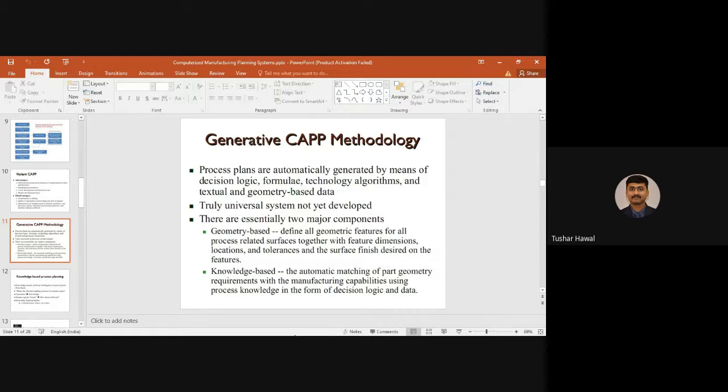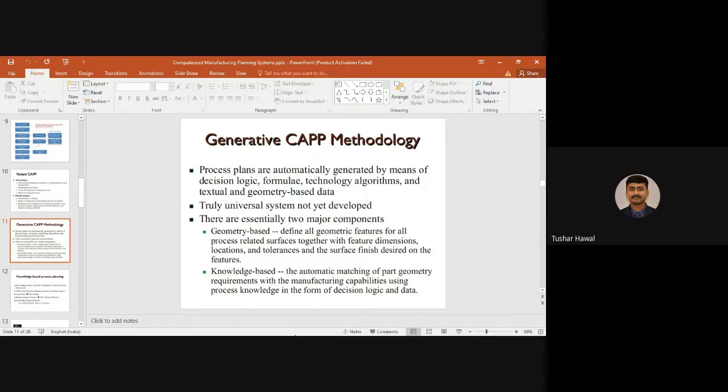So this is the first component. And the knowledge based, the automatic matching of part geometry requirements with the manufacturing capabilities using process knowledge in the form of design logic and data. So either it can go by the geometry based method, or it can go by the knowledge based method. So you can see the difference.